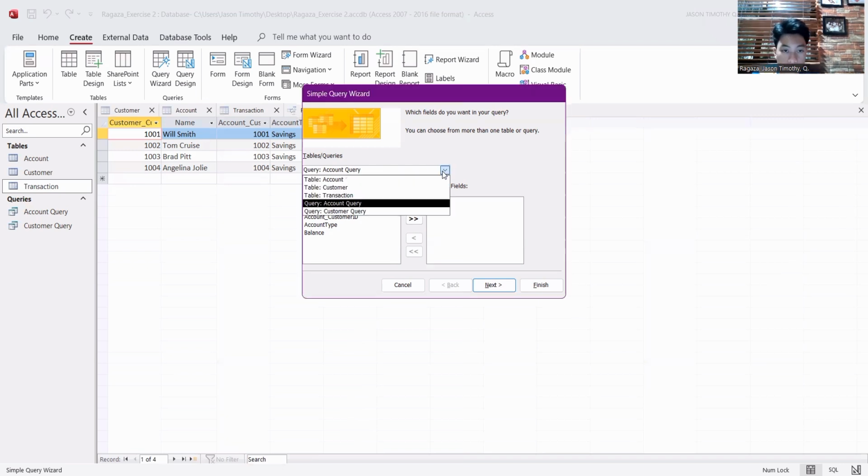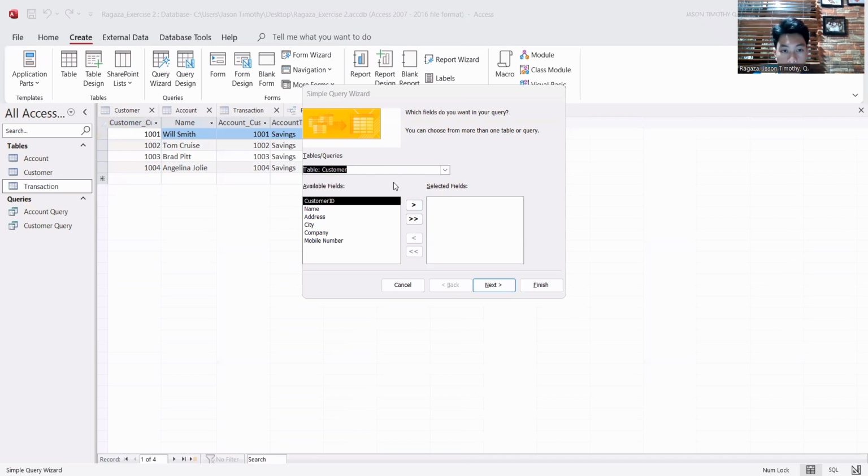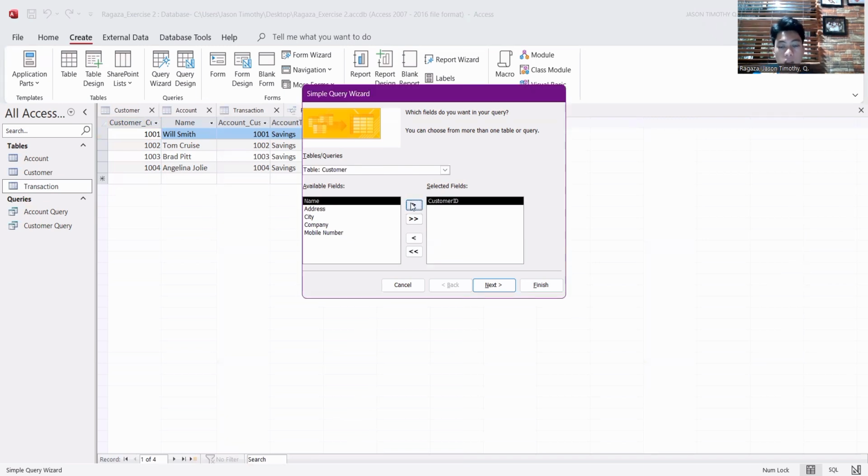So first we are going to the customer table, and then we are going to move the customer ID and the name. And then next is the account.